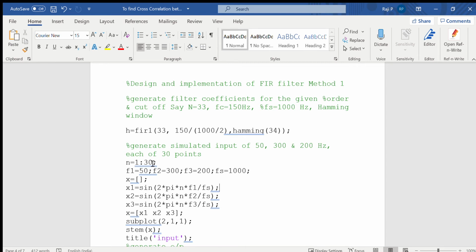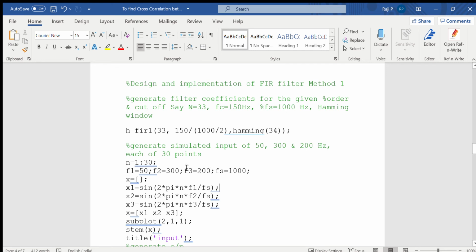Now the frequencies we are considering are F1 equal to 50, F2 equal to 300, F3 equal to 200, and the sampling frequency is 1000, which should be much greater than the highest frequency.